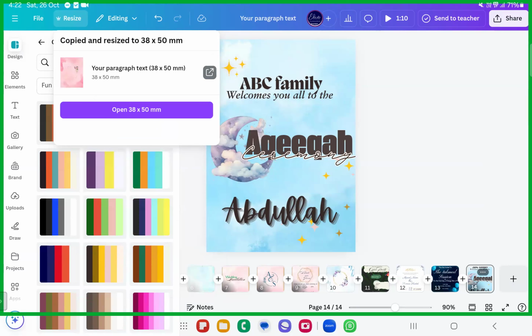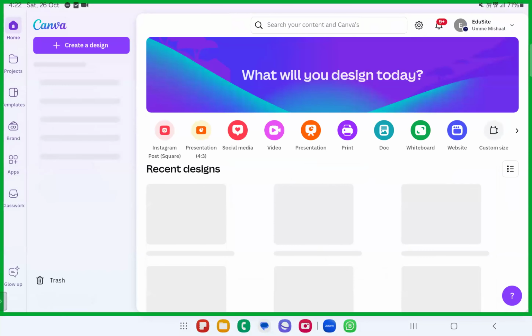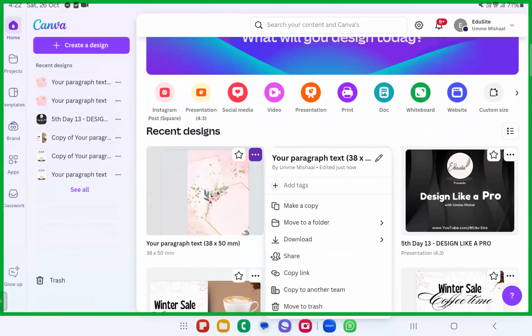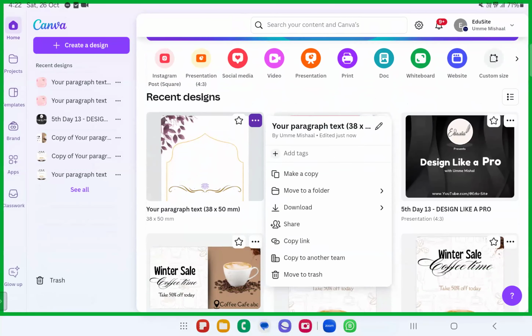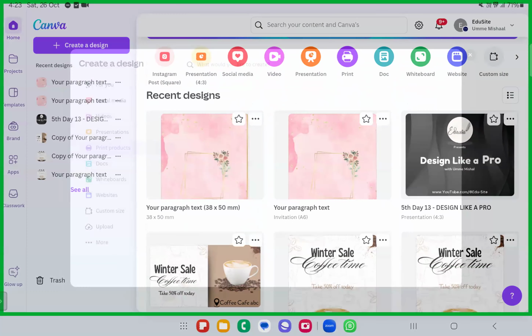You can just go ahead and open the next file. So this is how you create the banners, event banners. Fine. So alhamdulillah, we are done with the event flyers. We are done with the wedding invitation cards. We are done with party invitations. We are done with ceremony banners as well. Okay. If I want to see all of these steps, you can just open it up again and you can project it or download it and see.